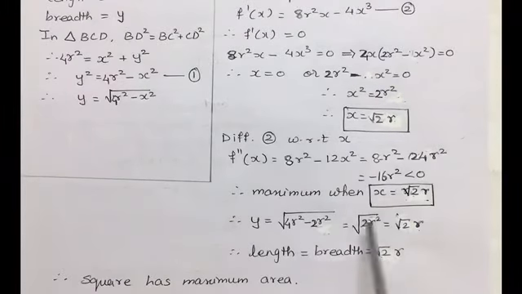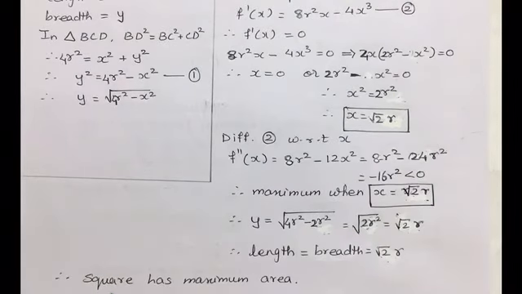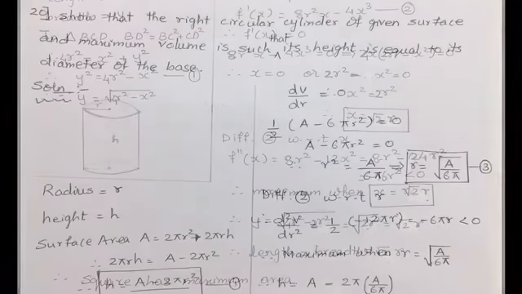Now x and y are length and breadth. Both length and breadth are same. Hence, the area is maximum when a square is inscribed inside the circle. So this is how the 19th is being calculated. The 20th one is